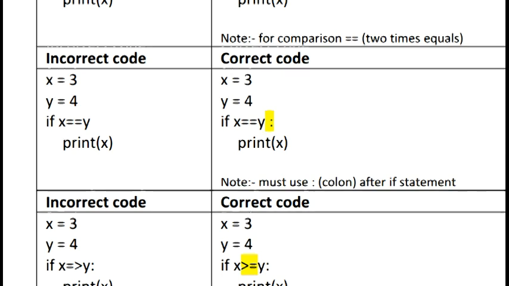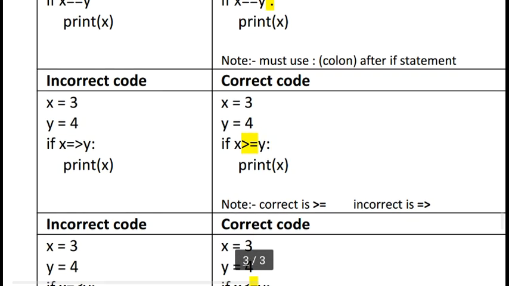Now the next incorrect code is x is equal to 3, y is equal to 4, if x => y. This is an error, because in the highlighted correct code you can see if x >= y. It means the greater than symbol always comes first, then we can use the equal sign.